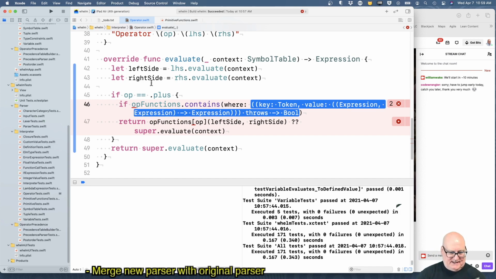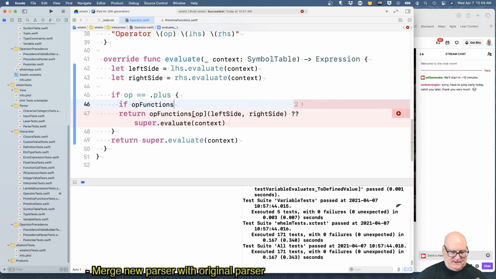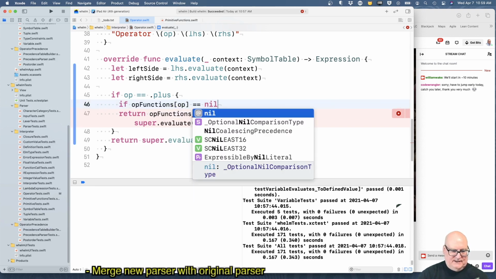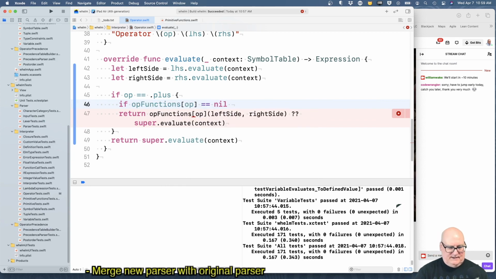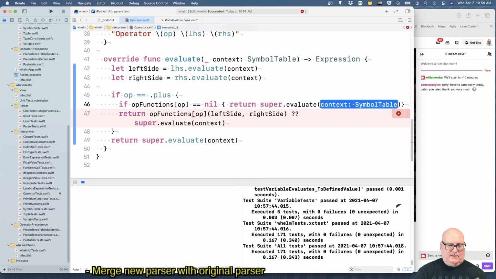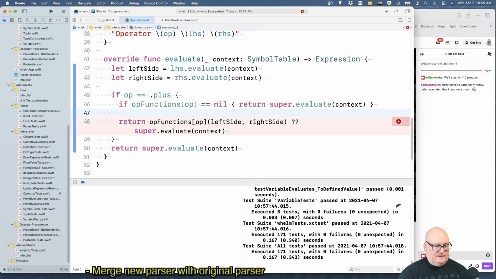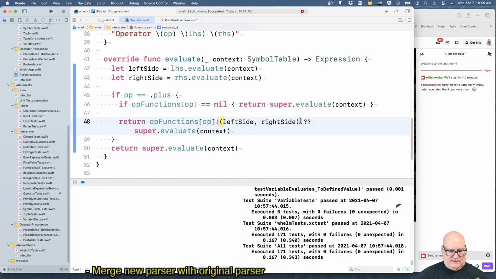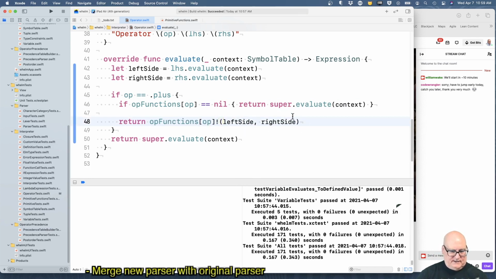I just want to ask if it, let's try it this way. Op functions of op is nil, then let's return super.evaluate of context. Otherwise, op functions of op, we just call it, and I think it just evaluates.